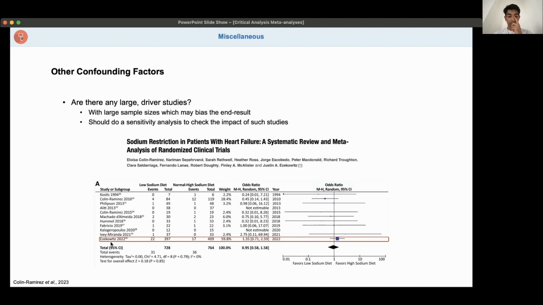We have another one of those types of studies here. Ezekautis 2022 had about 800 people in total, so it would have heavily influenced the end result, again pushing it towards the favor high sodium side. Removing that would probably have changed the results, I would say. It provides 60% of the results, which is a lot. Without that study, the results would be very different. I can guarantee you that. And they didn't do that sensitivity analysis, so that's a little bit odd. They should have really noticed something like that.